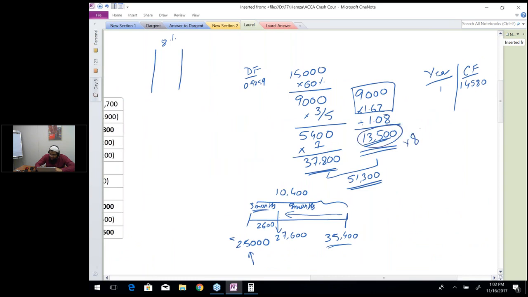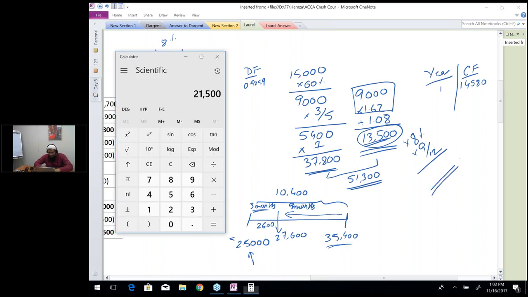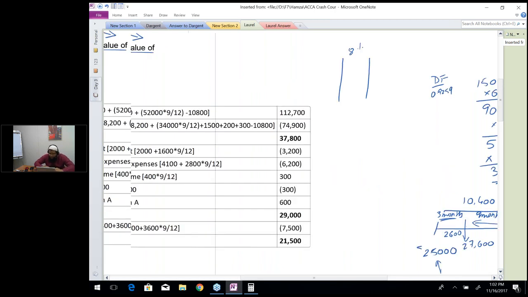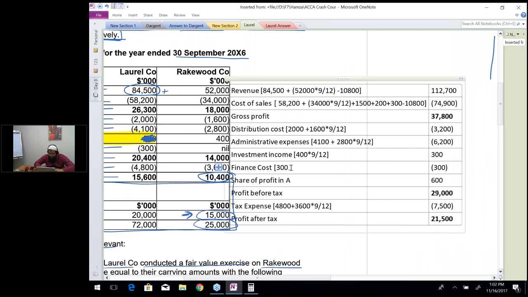So if I calculate the 8% of this into 9 by 12, it is going to be 13,500 into 8% into 9 divided by 12, which is going to be 810. So the finance cost is 810 relating to the unwinding. So this 810 should also be included in the finance cost,